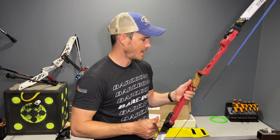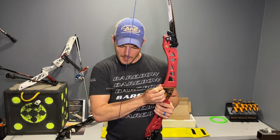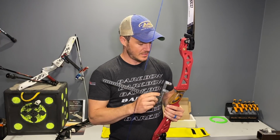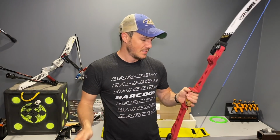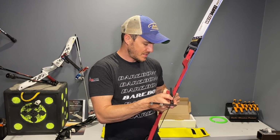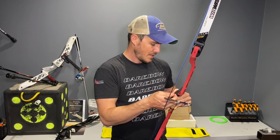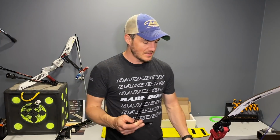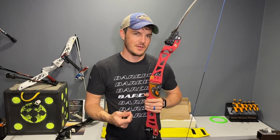So something to note that I'm seeing already is when I measure my brace height like this, from the pivot point of the grip to the center of the string, I'm at 8 31/32, just under 9 inches, a skosh under 9 inches. On this side, I'm maybe like 22.8 centimeters. But when I hold it to the string using the same surface as my reference point to the center of the plunger button, I'm at just over 8 7/8 inches, and around 22.5, 22.6 centimeters. So what I'm seeing is this plunger hole is a few millimeters further forward than the pivot